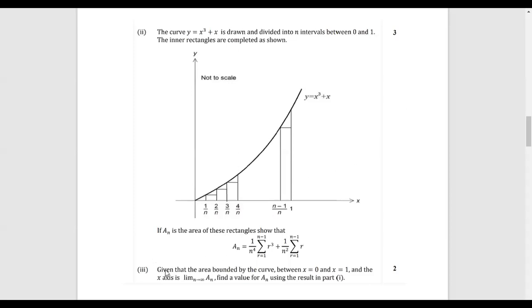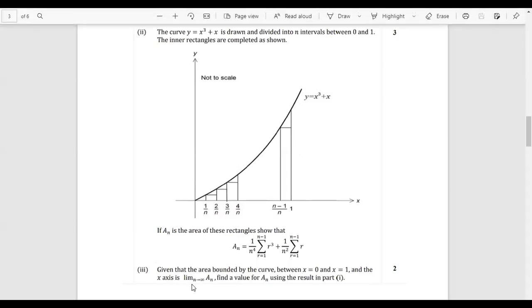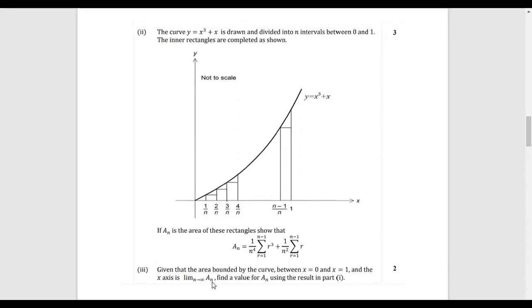The question now asks, given that the area bounded by the curve between x equals 0 and x equals 1, and the x-axis is the limit as n goes to infinity of an, and we could work that out if we wanted, using integration. Find a value for an using the result in part 1. Okay, we'll just note that part 1 is just telling us the sum from k equals 1 to n, although it won't make a difference,